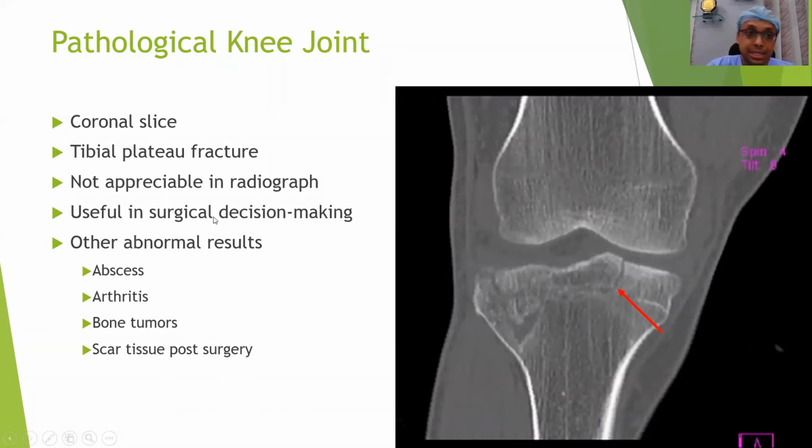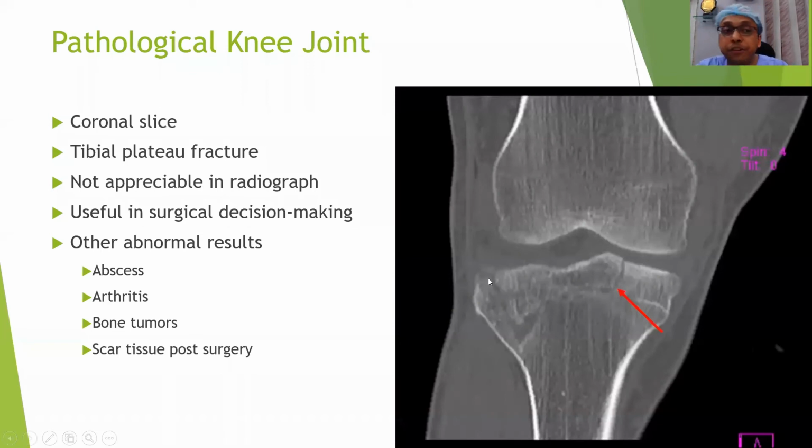So again, what is here? Useful in surgical decision making, where I am pointing at the fourth bullet point. You probably will never in your lifetime order a CT scan for musculoskeletal practice. You will probably limit yourself to MR, also if there are any soft tissue injuries or intervertebral disc damage. Otherwise, you will not. So for CT scan in musculoskeletal practice, it is used mostly 90, maybe 95 or 99% of the time for surgical decision making.